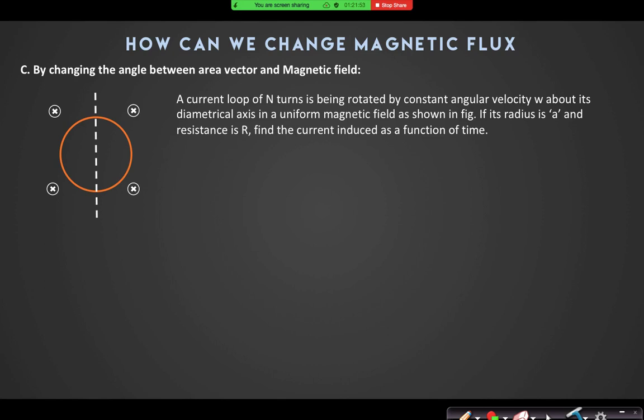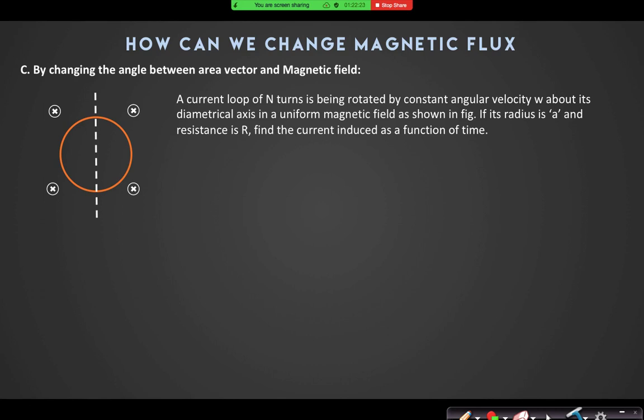Basically, if electric current is being generated, then definitely there is some electric field that has to be created. Otherwise, there is no electric current. Yes or no? The basic fundamental is always the electric field. You have to go back to electrostatics or current electricity: if there is a current, there must be some electric field. And electric field is only generated when there is a charge separation. That we have already studied.